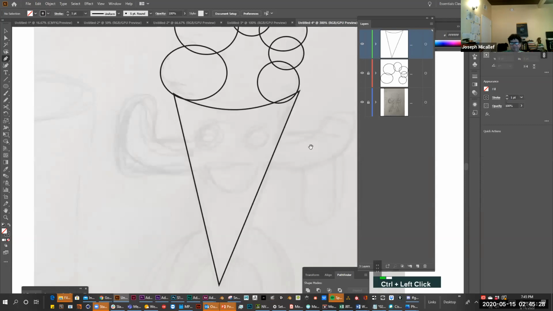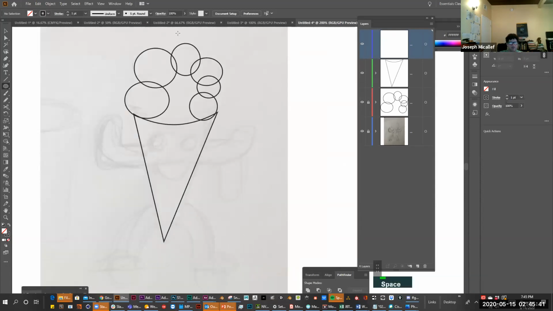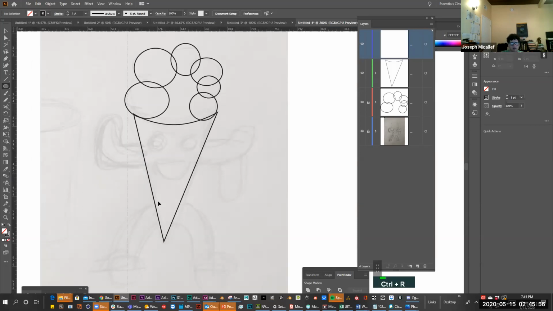For example, create a new layer for the mouth. Mouth is basically a half circle. One of the things I want to do though, before I get too far into this, is I want to have a central guide in the middle, so it gives me a little sense of symmetry, and that will help make the logo feel a little bit more balanced. So I'll hit Command R or Control R, drag out a guide,